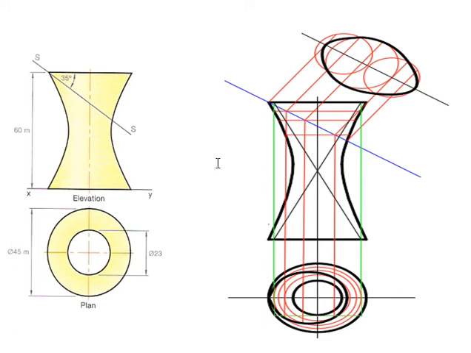The asymptote method is one we have been going with so far, so that will be the one that we use. I don't have the construction shown on this because it might get a bit confusing. In this video I want to focus on the principles of finding the true shape. If you're still unsure of any of the elements of constructing the hyperboloid of revolution, go back and look at the previous video, or what we have done before. In this, just in case, I still have the asymptotes here just to act as a visual,